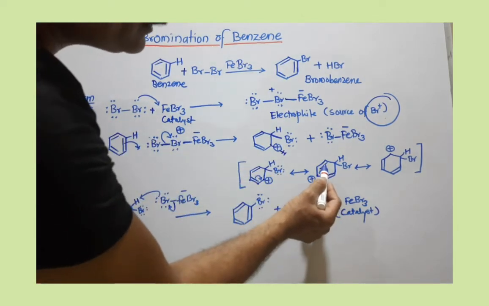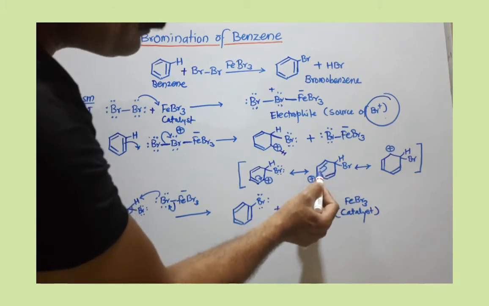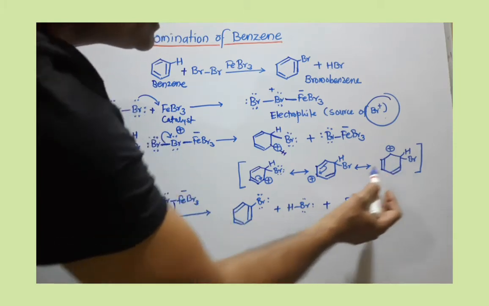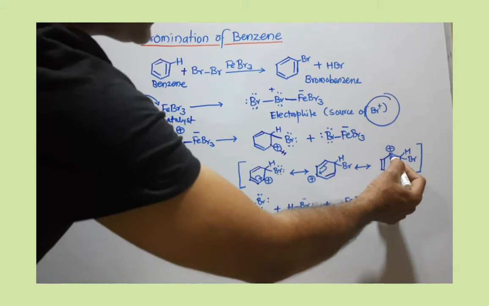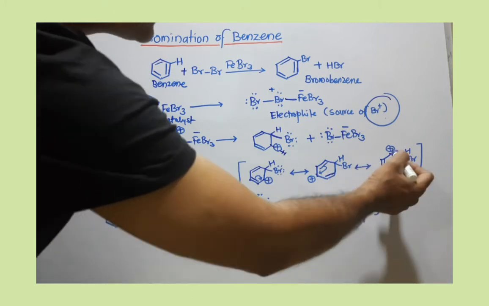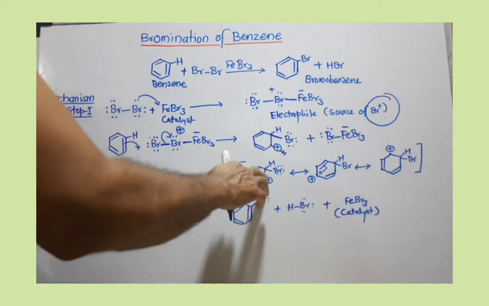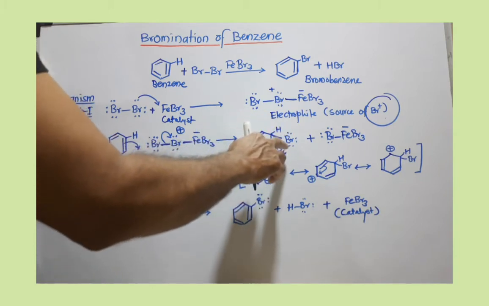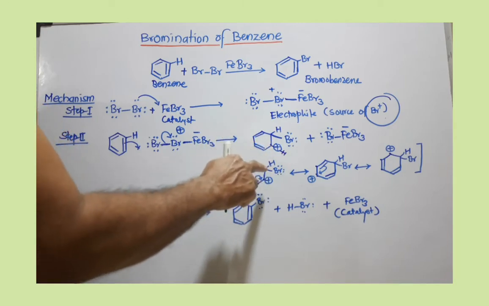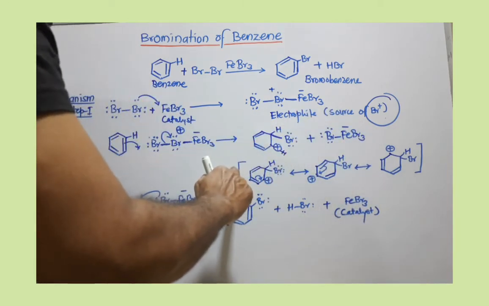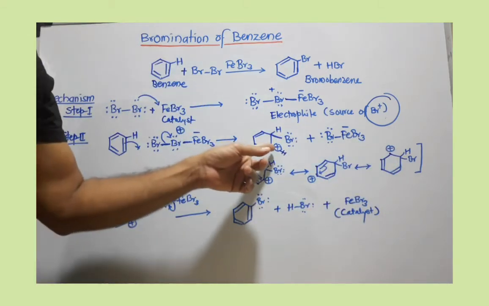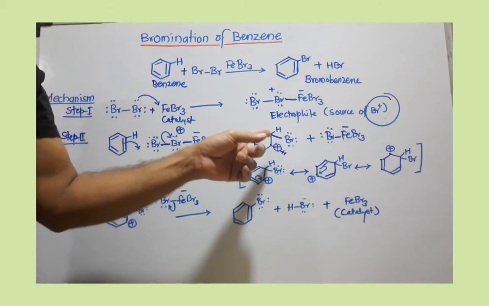Now doing the same thing, shifting this adjacent pi bond in between these 2 carbons, a similar kind of structure you can see here at this carbon. As if the positive charge is delocalized from this carbon to this carbon. So in this way this positive charge is formed, and because of this it is unstable, but this positive charge is not staying at 1 carbon, it is moving over 3 carbons, which we can show by using these 3 resonating structures. So the actual contribution of the positive charge at each carbon is 1/3.